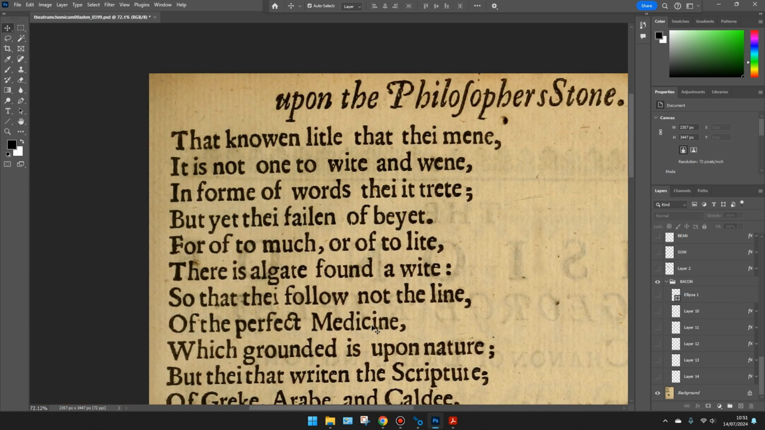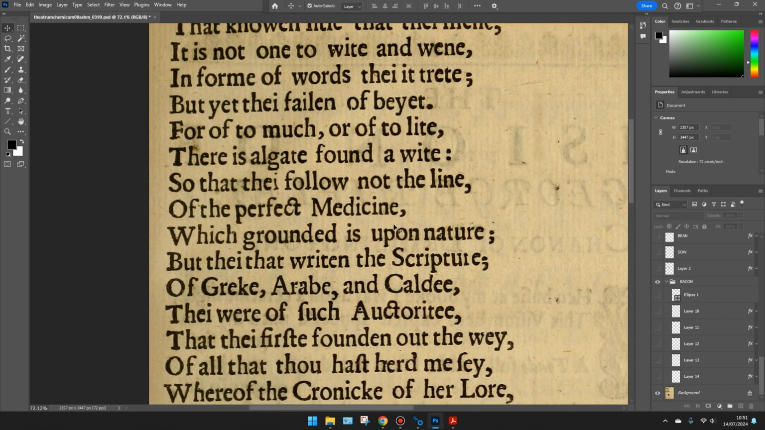Now, this is written in a strange English. As you can see, that knowing little that they mean, M-E-N-E or T-H-E-I, it is not one to white and ween in form of words they it treat, as you can see here. But yet thy failing of be yet, I still don't understand exactly what be yet is. I think it means be, and there should be a space there for yet, so that is interesting. But we're going to start further down the bottom,